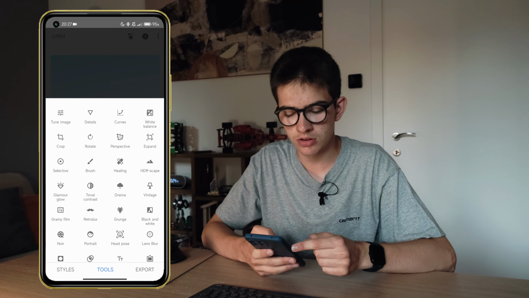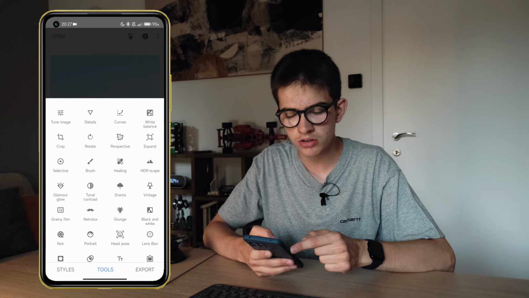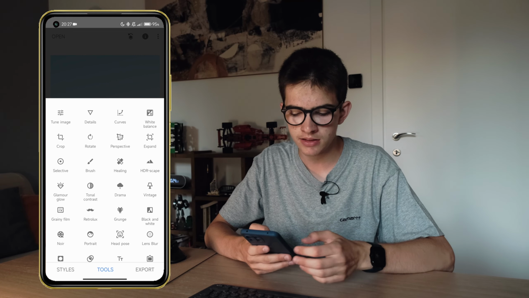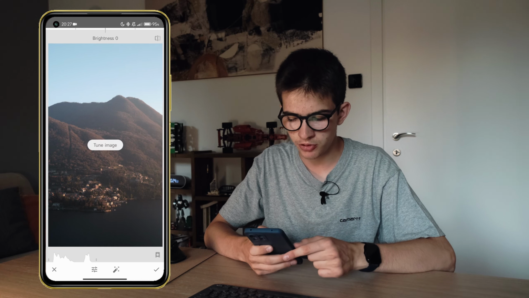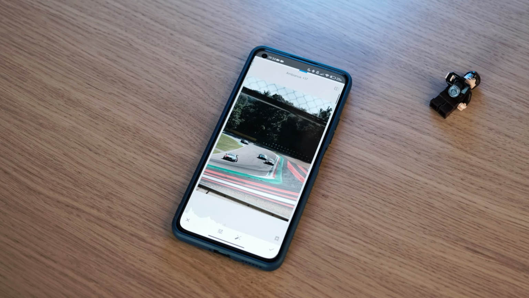The first tools you have to work on are tune image and details. With these ones you're going to do some basic edits to the photo. Let's start from tune image, where you can work on the brightness for example, or on the contrast, so some extremely basic and simple edits to your pic.